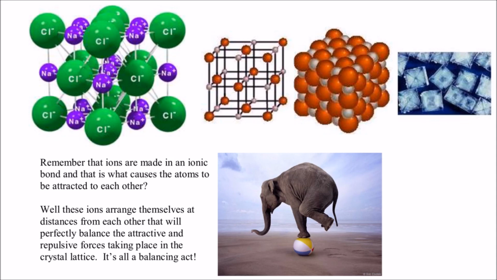So this crystal lattice arrangement actually happens in this precise way because of all of these pulls and pushes that are experienced by the sodium and the chlorine. They're exactly as close to each other as they can possibly get without being pushed away by another ion in the crystal shape. Alright? As it turns out, table salt's crystal lattice structure is always in the shape of a cube. No matter how big it is or how small it is, it will always cleave in the shape of a cube.